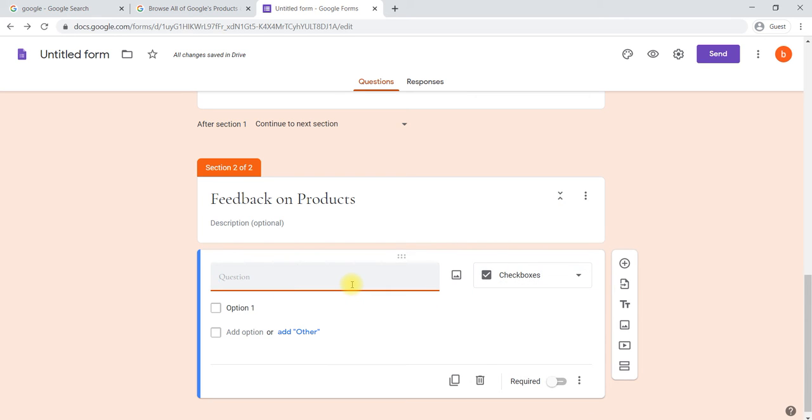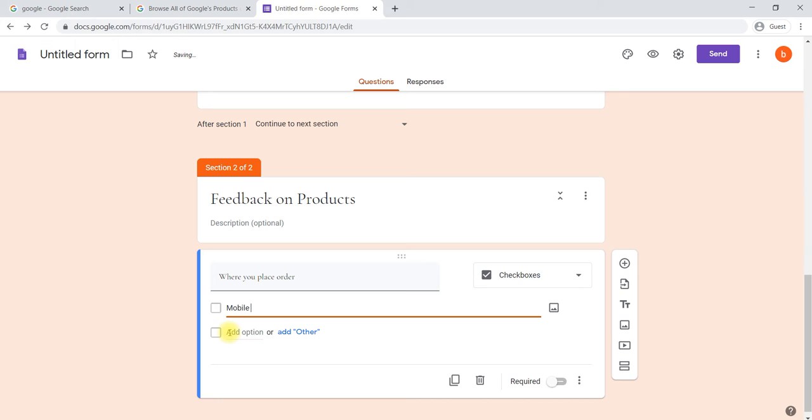The question is related to where you place your order, in the sense from where you are placing an order. The first option we are giving here is mobile.